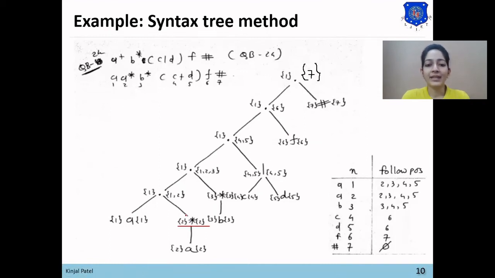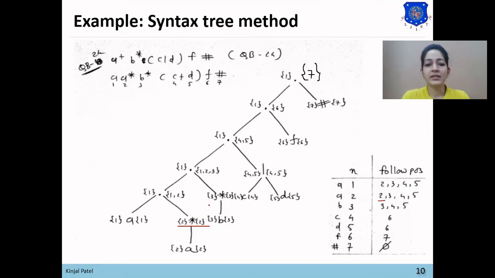So we'll apply the rule of follow position for star node. Here for star node, first position of star is 2 and last position of this star is 2. So the follow position of this last position will be its first position, meaning the follow position of 2 will be 2.